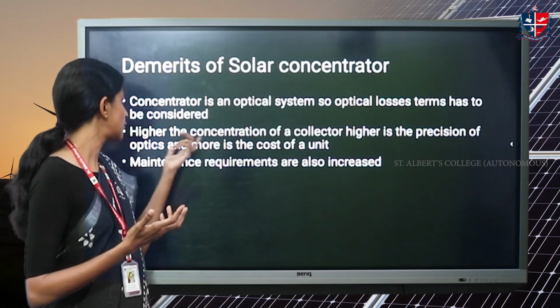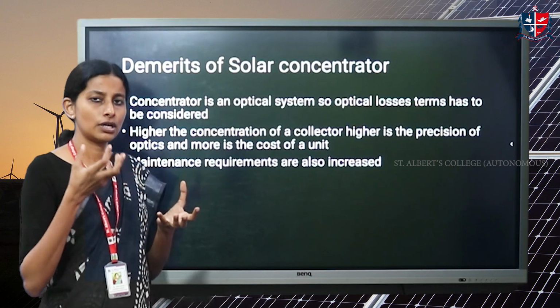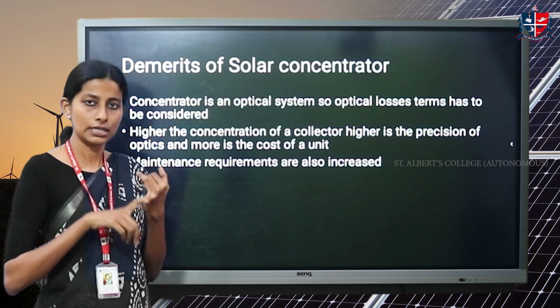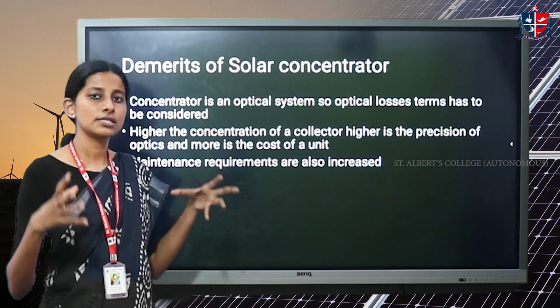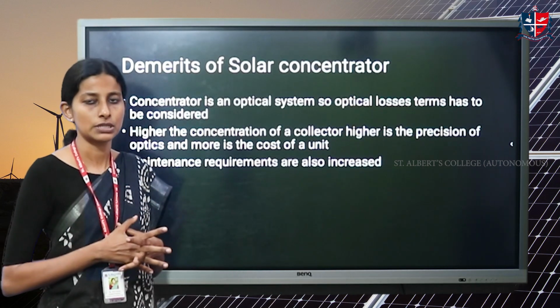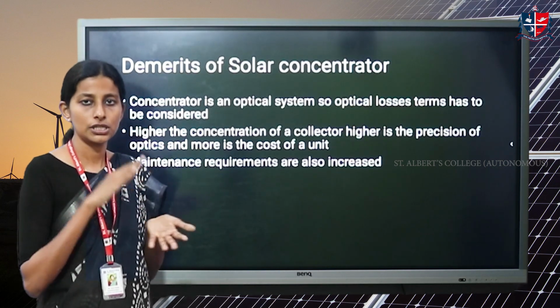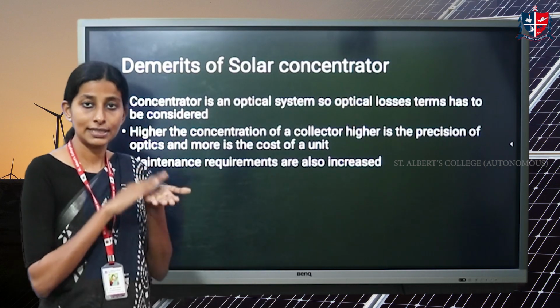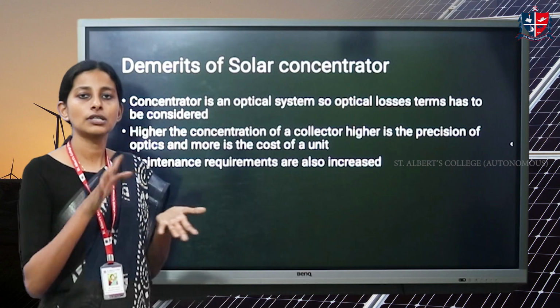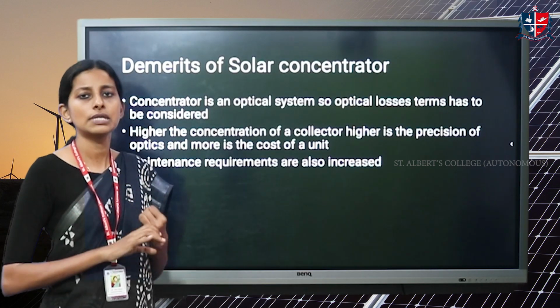And the third one is that naturally a lot of complicated designs come in. There is a tracking system, there are lenses, hence the system becomes complicated. Once the system is complicated, you are investing a lot into it. There are chances that dust particles get accumulated on the tracking devices, on the lenses, mirrors. Once there is dust on the focusing components, there is no point in keeping them. So continuous maintenance is needed.